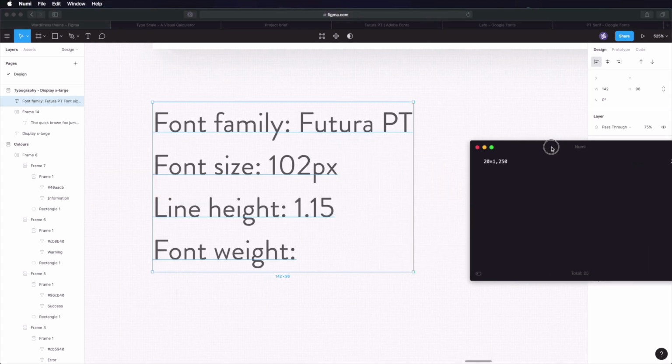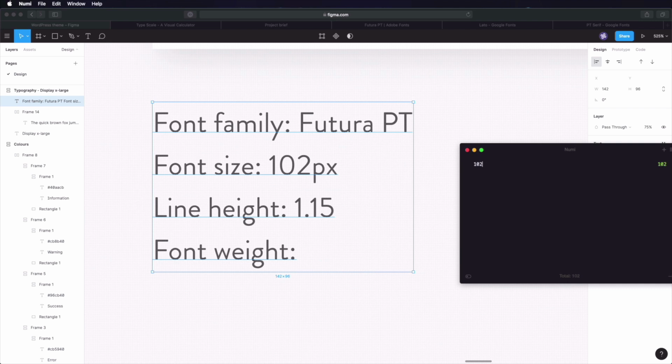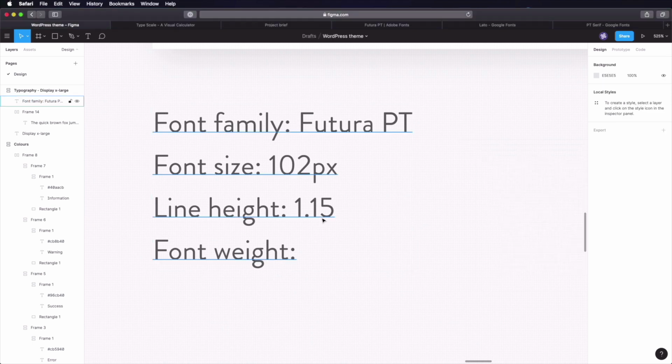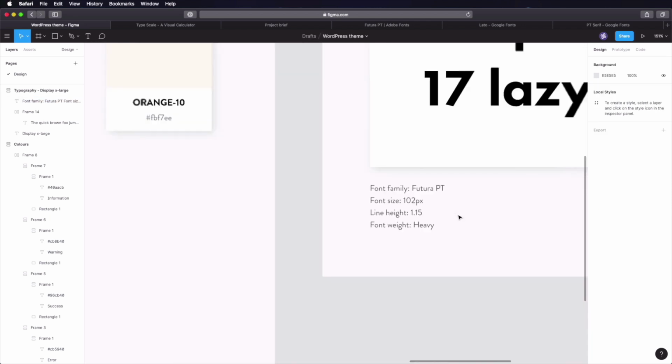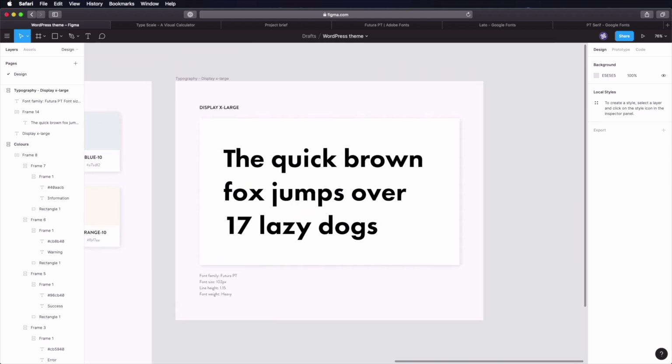So that would give us what? 102 times 1.15. Oops. It will give us 117. And you can put that here, or you can just leave the line height. I'm going to leave the line height just like this. Okay. Next, font weight. We're going to specify heavy. And with that, the very first